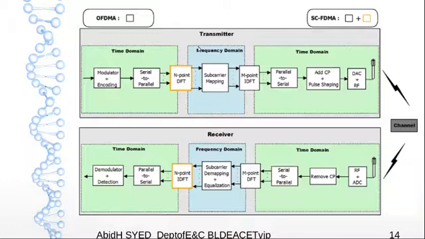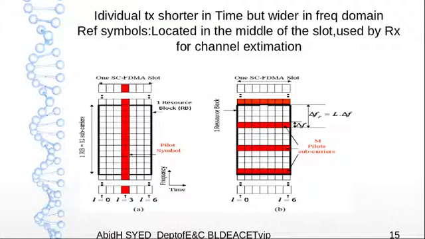So the only difference between OFDMA and SCFDMA is with respect to this N point DFT, which we are going to add. Thereby we can see that the main difference between SCFDMA and OFDMA is the N point DFT that is being carried out extra when compared to OFDMA. Thereby it is going to increase the complexity of both the receiver and the transmitter.